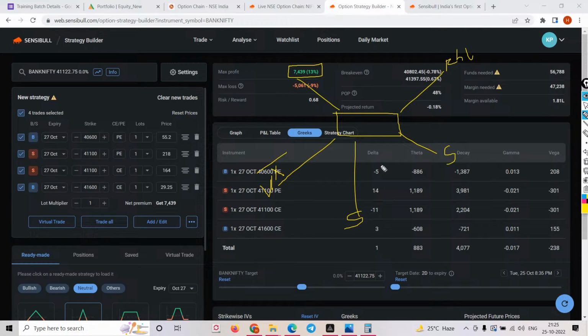I don't want anyone to again come up with a thought process saying what is PE buy, what is CE buy, what is PE sell, what is CE sell, what is maximum profit, maximum loss, what is POP, how to calculate the break even. Okay, what is a strike selection, in the money, out of the money, bid price, ask price. So this is what I wanted to convey in this video.